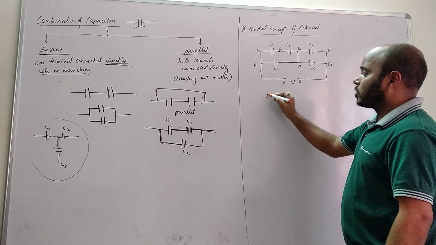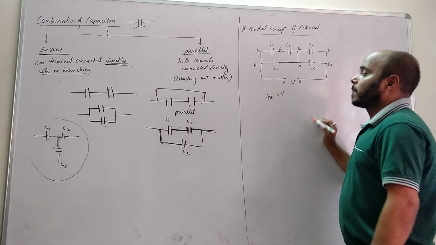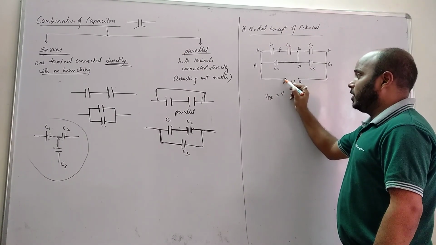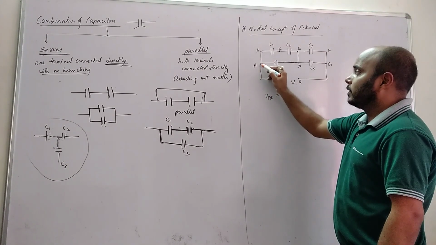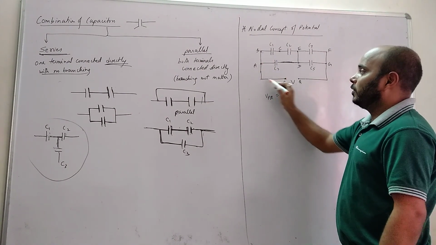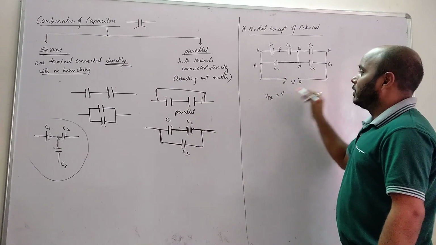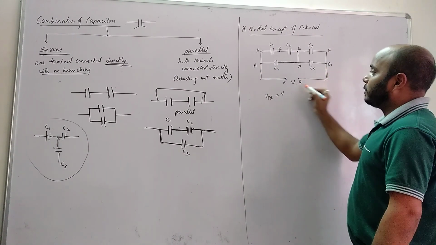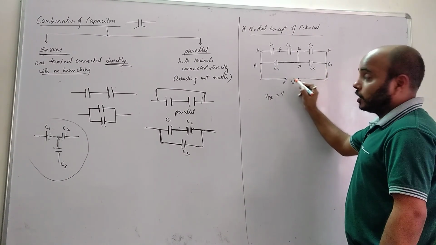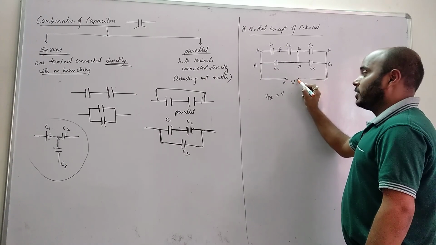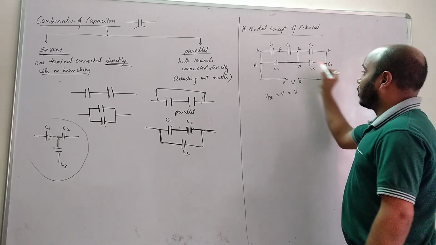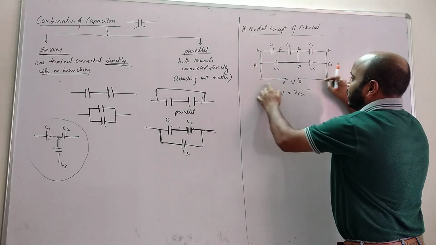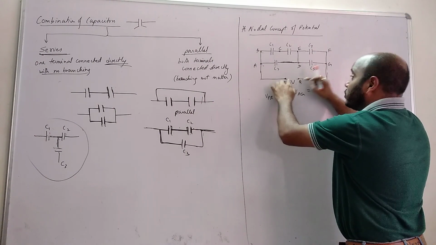Potential difference across PQ is V. Now see, this point P is directly connected with A. There is only wire here. Directly means wire. Similarly, this point Q is directly connected with G, only wire. That means whatever potential difference we have across these 2 points, we will have the same across AG also, because these 2 points are directly connected, because there is only wire.